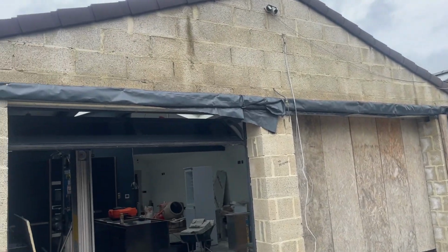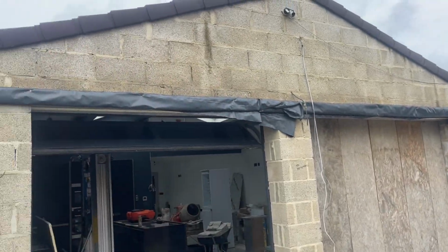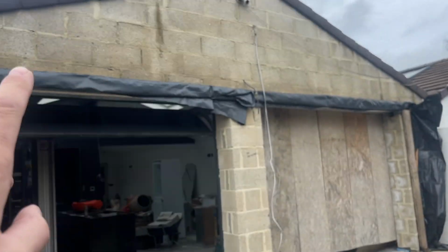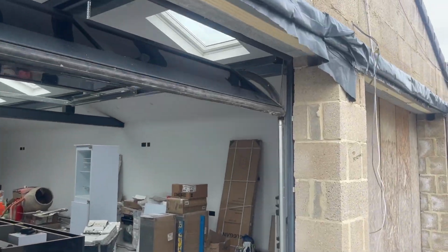I'm not the greatest bricklayer in the world by any standards, but it is getting rendered, so I'll soon build that back up. So I need to take all them verge cappings off, drop that outside skin, then we can get the steel in through here, lay the steel down ready to go in, and then inside, what I'm going to do then